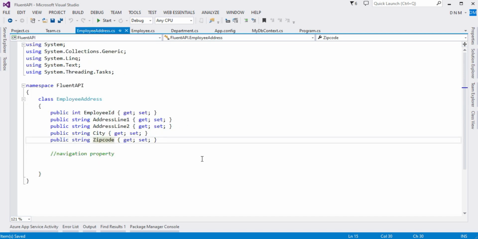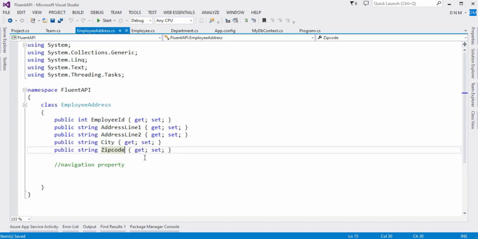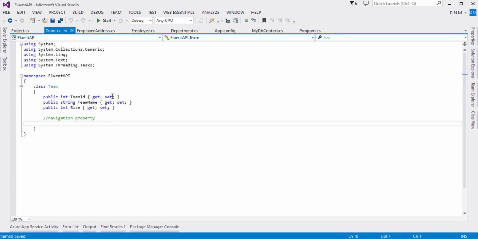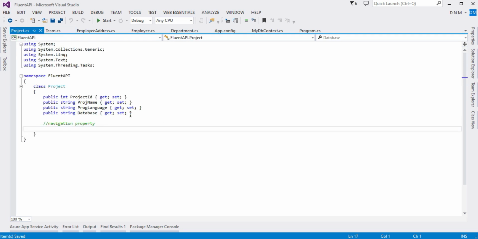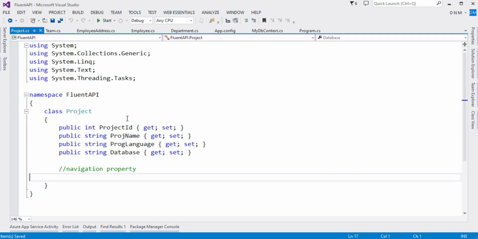Next is employee address, having employee ID, address line 1, address line 2, city and zip code. Then team, with team ID, team name and team size. And in project I have specified project ID, project name, programming language and database name, or you can directly say database.